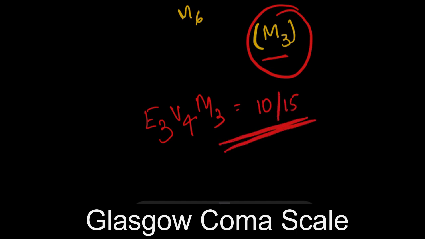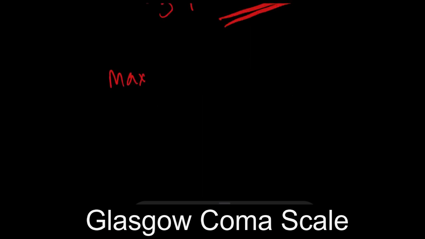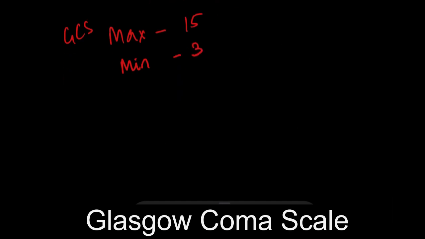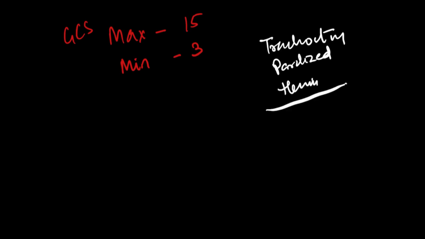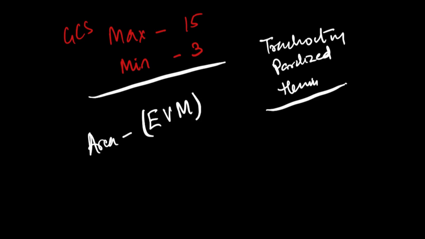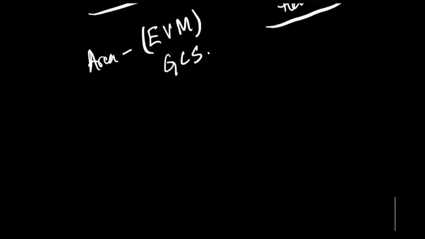So this is how we will calculate the GCS score. The maximum Glasgow Coma Scale score is 15 and the minimum is 3. There are other things we need to remember: if the patient has a tracheostomy, or is paralyzed, or has some hearing problem, this is how you will identify the total score. So for now, whenever you are going to the ward, just collect their EVM, those 3 responses, and the GCS, and let me know whether you are able to identify the GCS score properly or not.